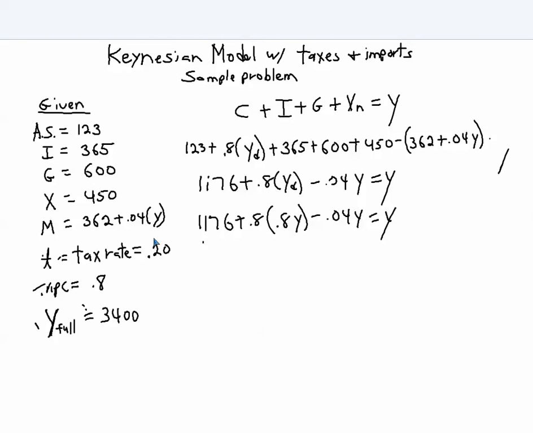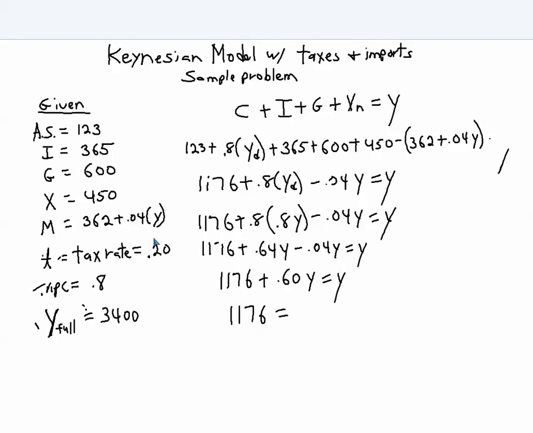Okay, so that's 1176 plus 0.8 times 0.8 is 0.64y minus 0.04y equals y. Combining the 0.64y and the 0.04y, I get 1176 plus 0.60y equals y. Subtracting 0.60y from both sides, I get